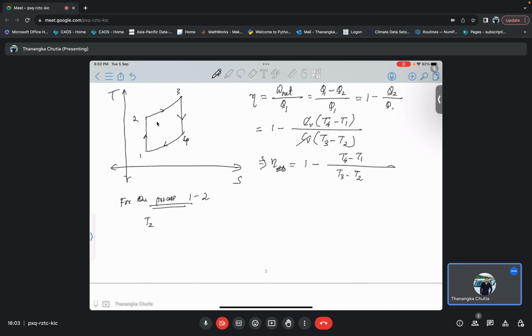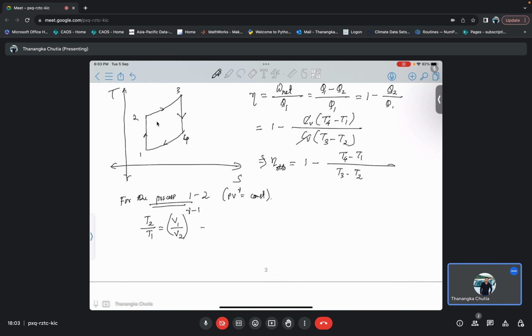T2 divided by T1 is equal to V1 divided by V2 to the power gamma minus 1. Yes or no? This is for a reversible adiabatic process. This holds good because PV to the power gamma is equal to constant in a reversible adiabatic process. So from here I can write T2 is equal to T1 into Rk to the power gamma minus 1,